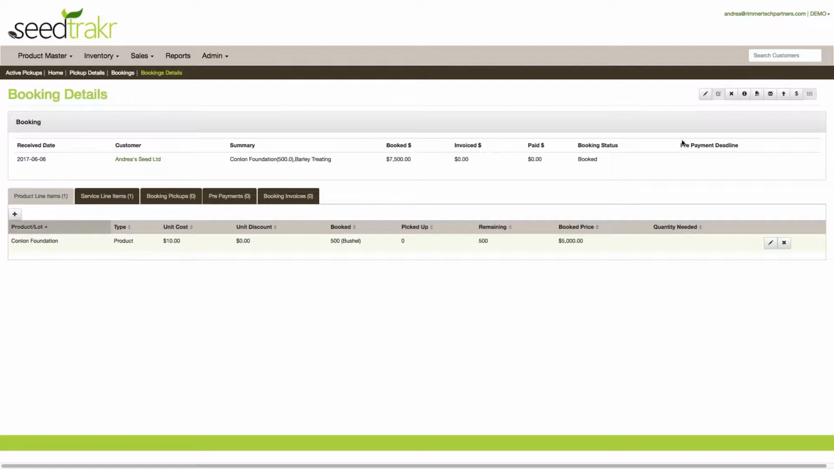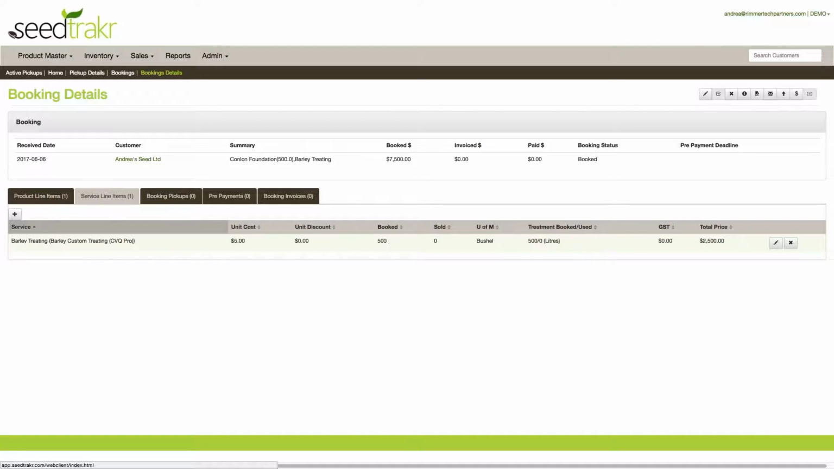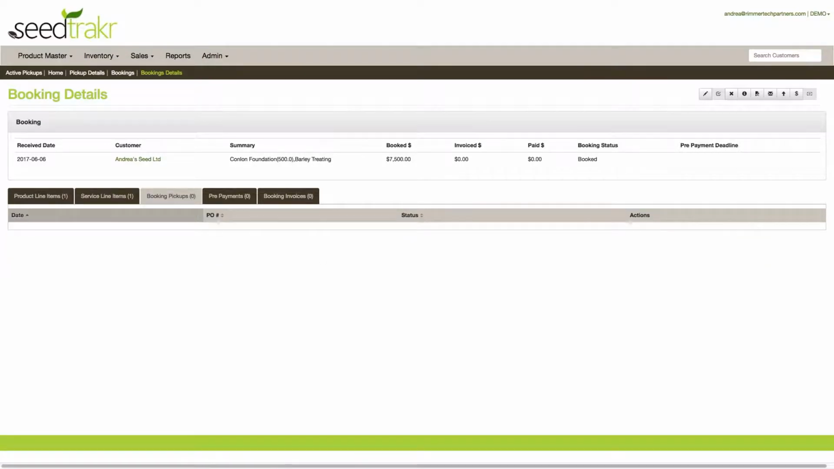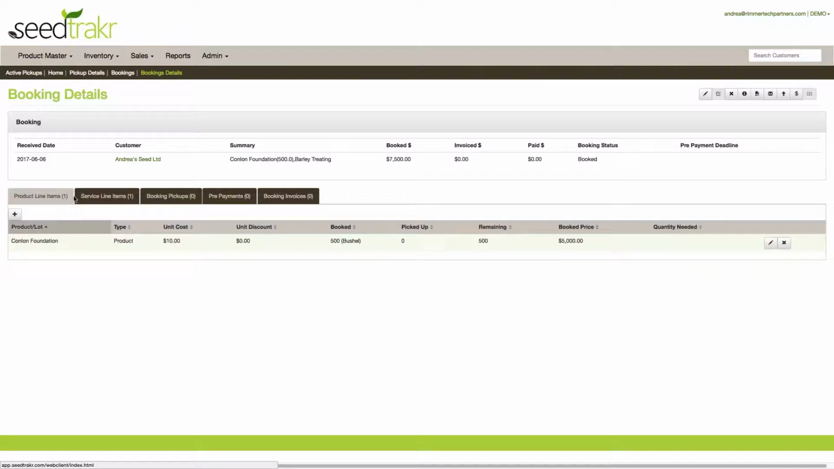When selected, I'll be inside my booking details view. So from here, you can see I have a product added to this booking as well as a treating service. In my Booking Pickups tab, I show 0 pickups, so that means I have not performed any pickups yet. To add a pickup, I'm just going to go to the top right corner here and select the Add Pickup